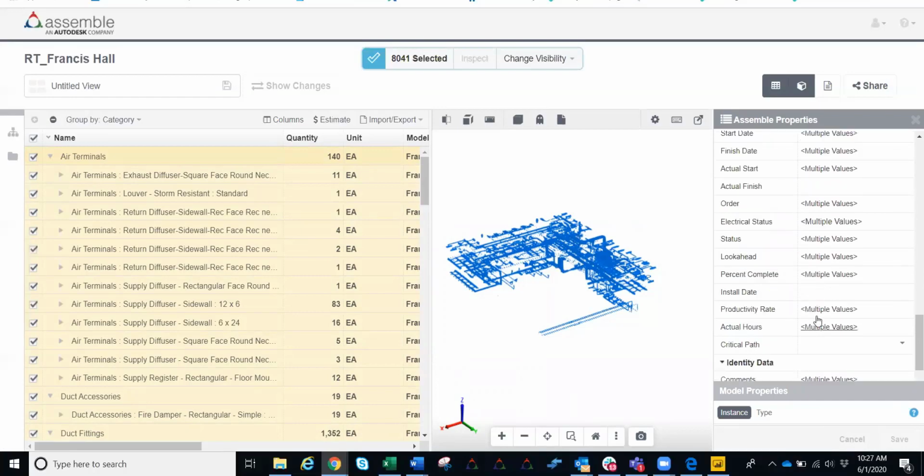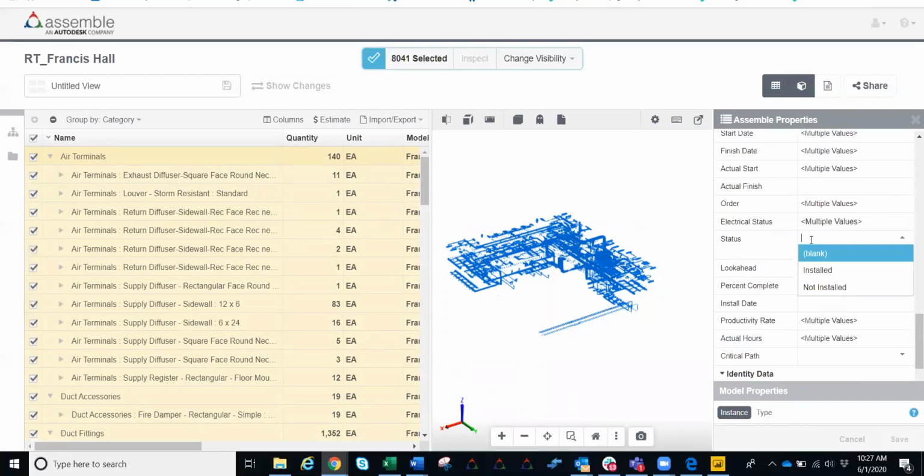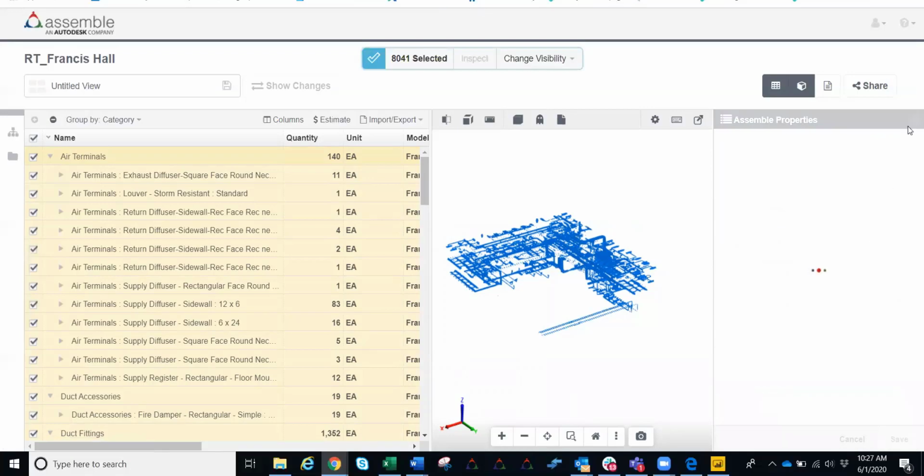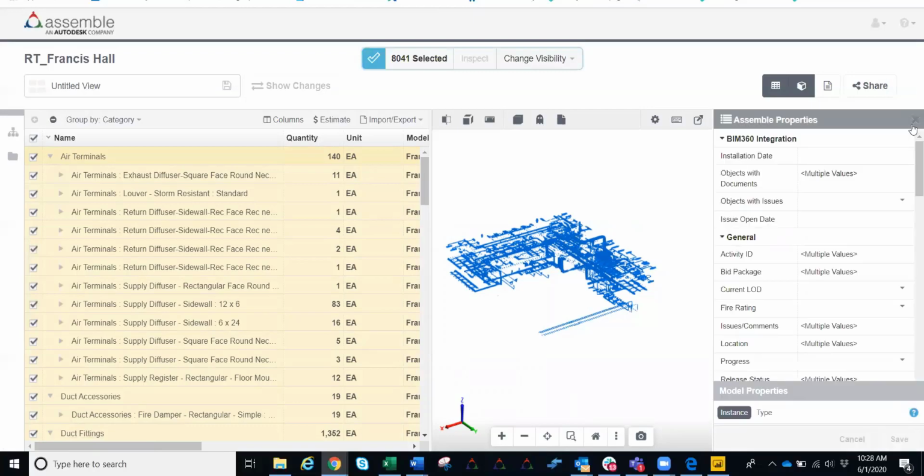I'm then going to go right into our status field here, bucketing everything underneath that not installed. And again, this is almost like model conditioning as well. You're really adding and appending data to the model here. But saving that down, what we can then do is start to reorganize and also colorize the model based off